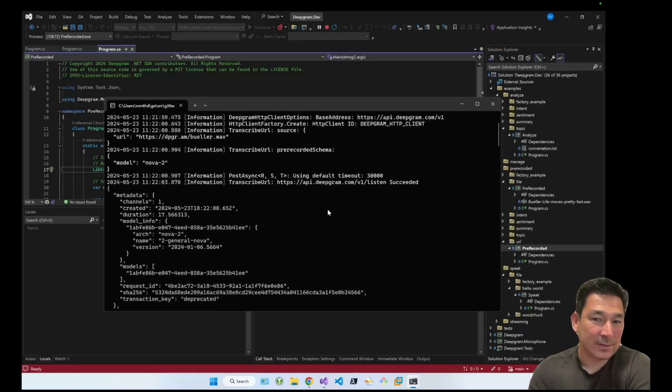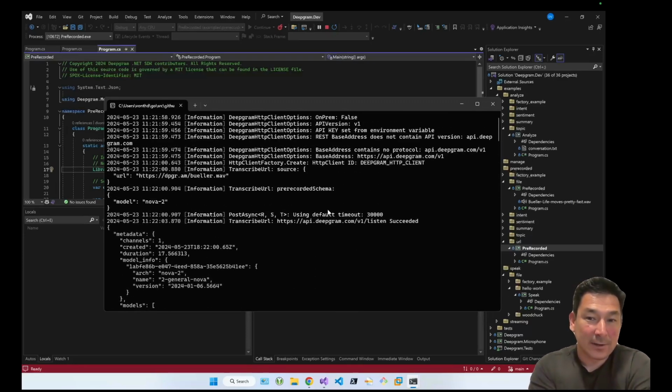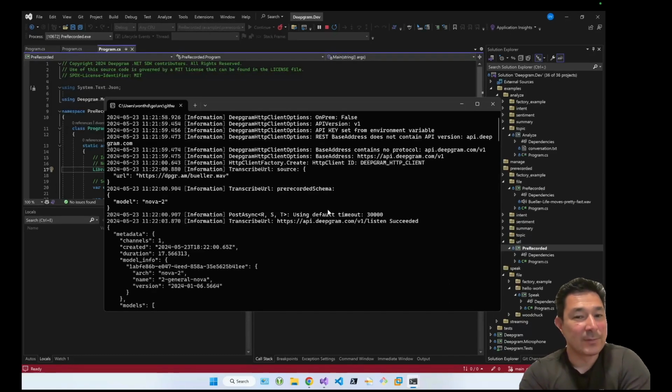You'll notice upon running this that we have a lot of logging. This is a new feature that has been implemented in this version of the SDK, in that we have different logging levels and different verbosities of logging. So you can get the default, which is right here, which is just informational messages.